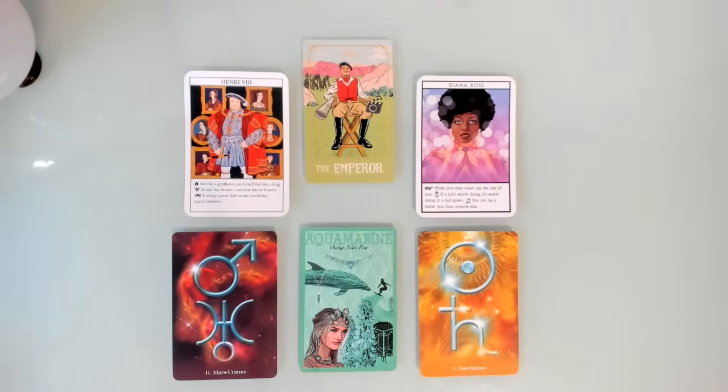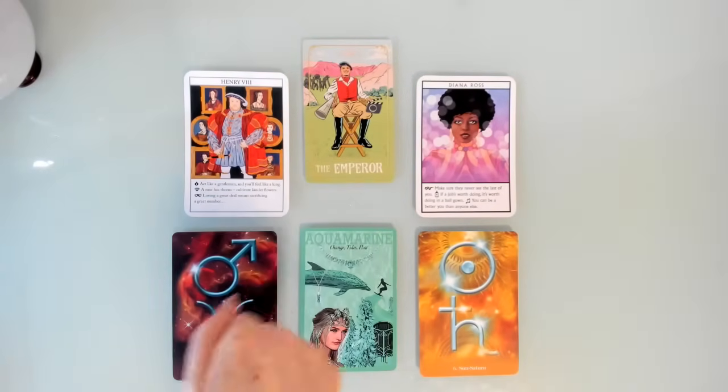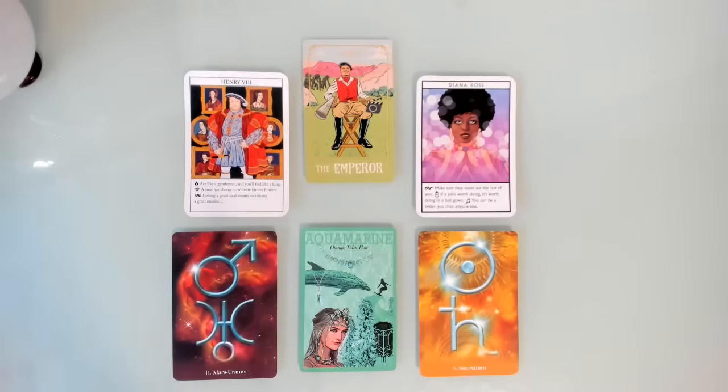So I feel like with the Emperor energy there, with Henry VIII, and here with Mars and Uranus, which is ambition and revolutionary energy and inspiration, part of your star quality could be to not only direct and create visionary epics, but actually create a revolution. One of the things about Henry VIII, and largely connected to his relationship with his second wife, Anne Boleyn,